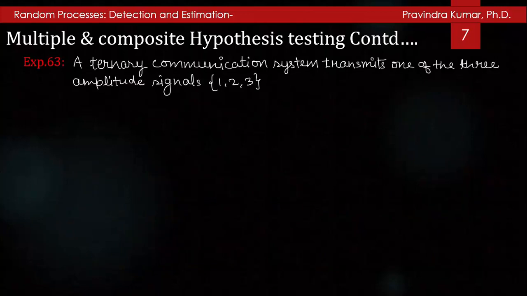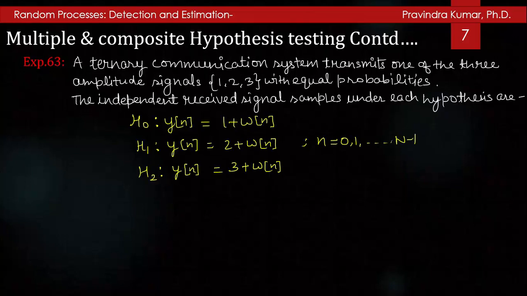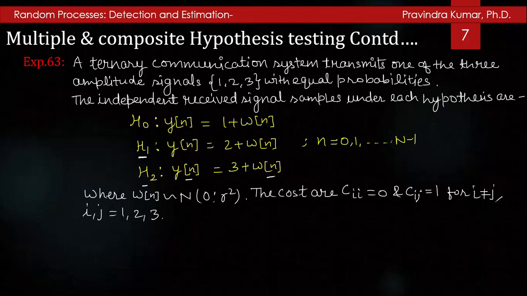Consider one example. A ternary communication system transmits one of three amplitude signals 1, 2, 3 with equal probabilities. The independent received signal samples under each hypothesis are: under hypothesis H0, the received signal Yn is 1 plus omega n, under hypothesis H1 the received signal is 2 plus omega n, and under hypothesis H2 the received signal is 3 plus omega n,